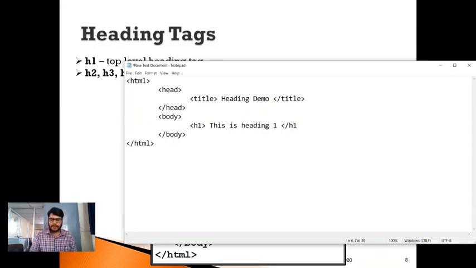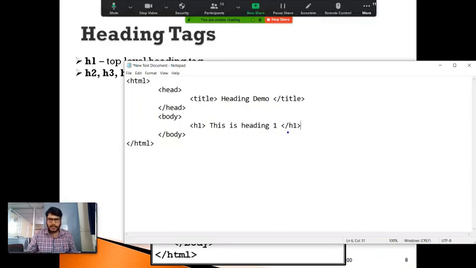After this, I need to close what? Header 1 tag. See, while closing the tags, we have to use a slash here. In this case, you can observe I'm using a slash here. Okay, so likewise, we need to close each and every tag here. These are all nothing but closing tags. Is that clear to you?